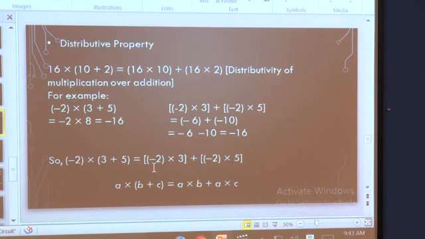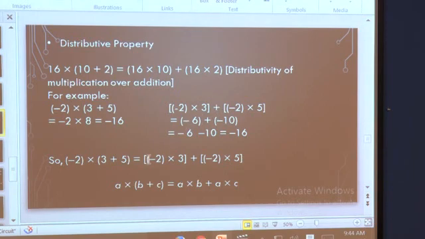So by multiplying, -2 to 3 I had done and -2 to 5 I had done. So you have to solve this. What will be the answer? Yes, it is minus 6 plus minus 10, so your answer will be minus 16. Here also your answer will be minus 16. By both methods we get the same product because it is a multiplication and addition property together. So we have to now use the distributive property to solve similar examples which are given in our textbook.